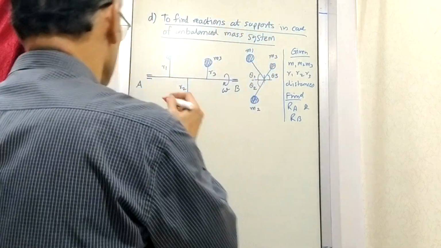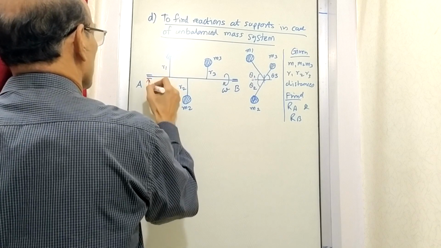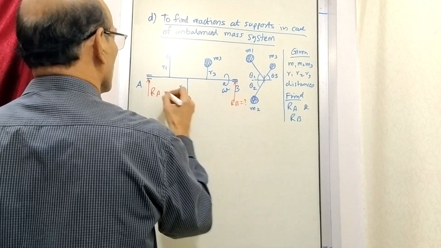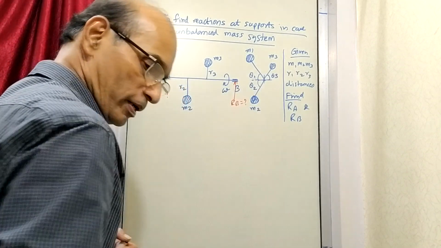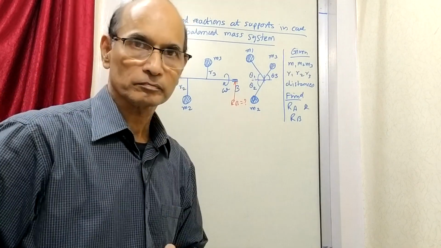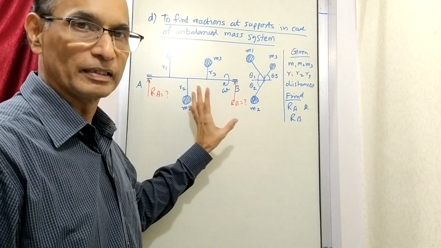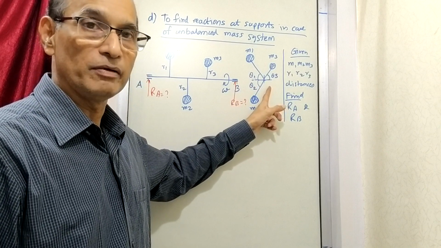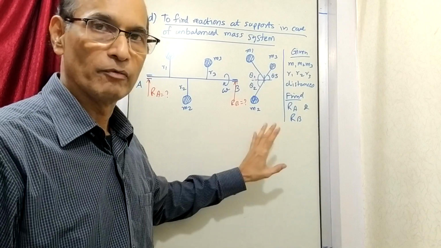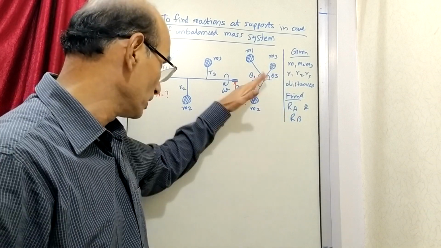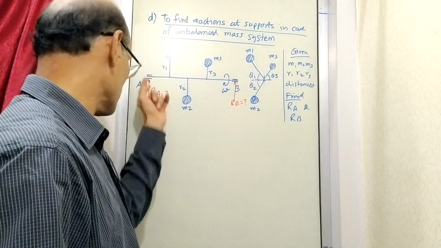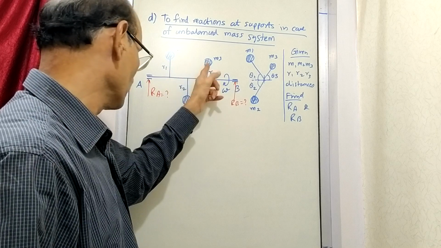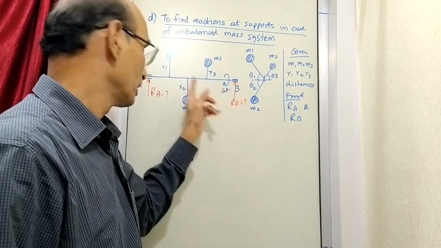That means you can think of something like this. Here there is reaction A and here there is reaction B, which you have to find out. Now remember, although I am showing these reactions like this, in the side view, when you find the reactions after the problem is over, those reactions will be at certain angles. They are not exactly vertical. The way they are shown here in this view, it appears that all the things are in one plane. But they are not in one plane.